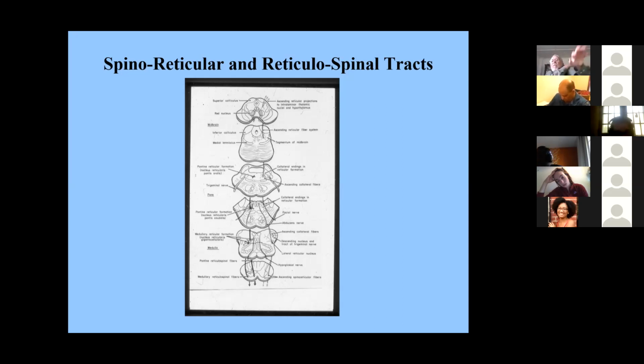So it's going to be very important in things like reaching. Then we had another system called the rubrospinal tract, which is the red nucleus that has direct connections from the basal ganglia. And of course, this is distal movement and finer movement using the fingers. And then, of course, we then have the corticospinal tract, which is going to be modulating and integrating both the